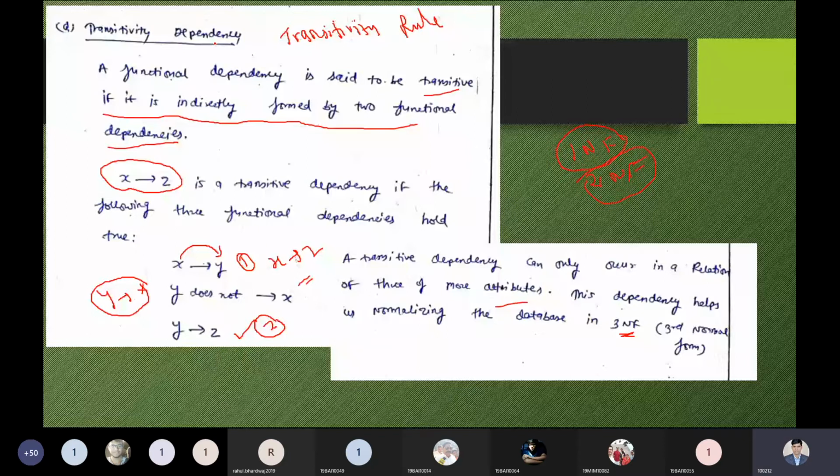Yes, please let me know. Is it clear to all about this concept, that is the transitivity dependency? Or if you have any doubt, you can ask me. We have not started the normalization so far, but after understanding all the parts of functional dependency, we will start. When we need to understand normalization, we should be aware of such terms, what we are doing. So before understanding all those things, let's understand the prerequisites of normalization, as I told you 2 or 3 days back. Is it clear to all, or any doubt you have, please ask me.